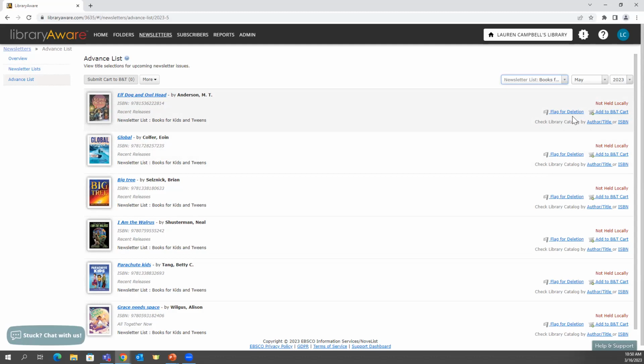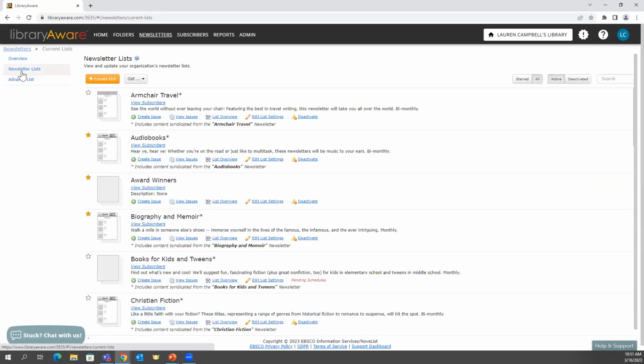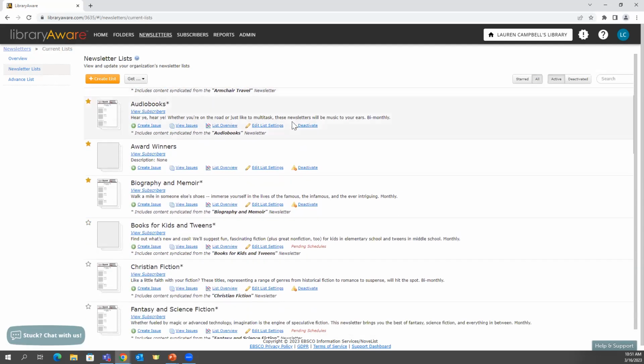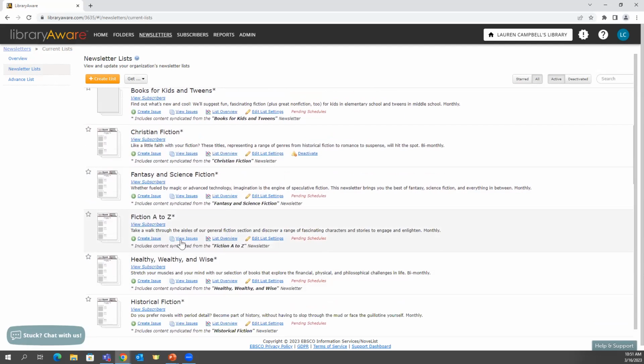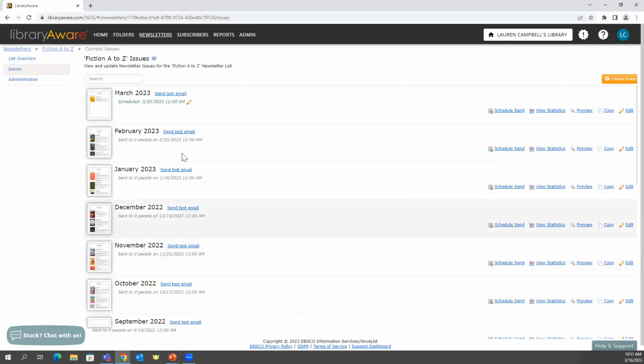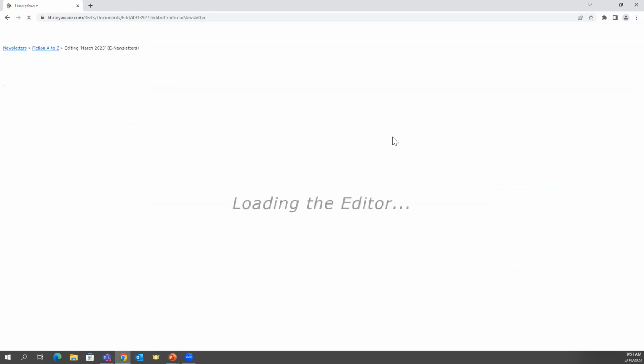There are a few newsletters that don't have an advanced list, maybe 2 or 3. For example, the Page to Screen doesn't have an advanced list because they're trying to include the most current titles, but most of them do. And all of them have a draft that you can edit before it goes out. So let's look at one of these issues here. You can see this one's scheduled to go out on the 20th. If I want to make changes, I can come in here